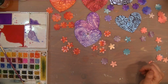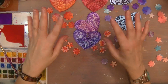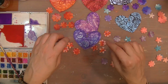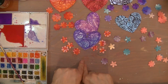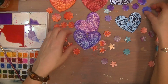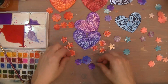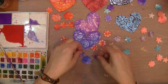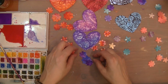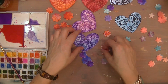All right, Barbara, what do we have going on here? So I have different sets of flowers. I have flowers that are going to be attached on the heart, and then I have flowers that are going to dangle from the bottom of the heart. The bigger ones are going to dangle. So like these purple ones, it's like one big one and two small ones. However, they're going to dangle like that, depending on how much string I give them, right? But then I need to pick out,